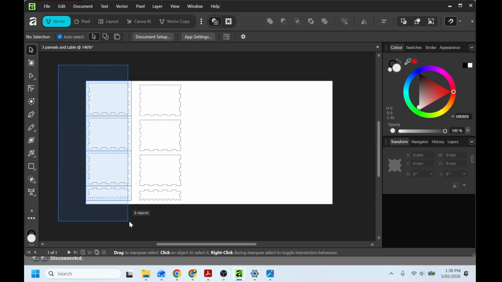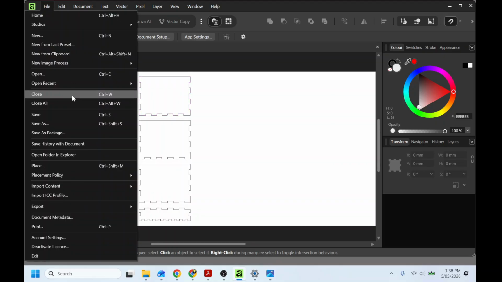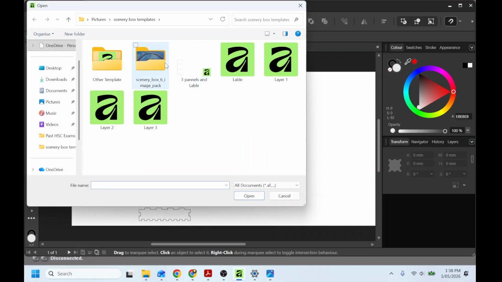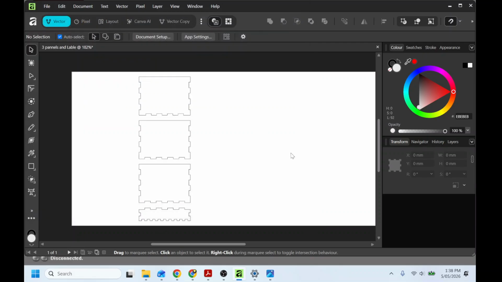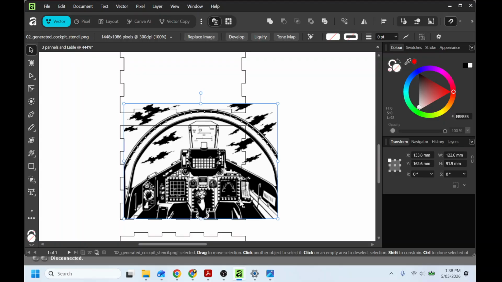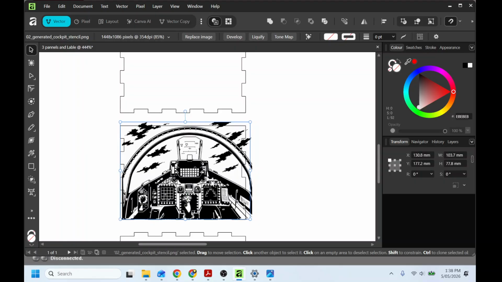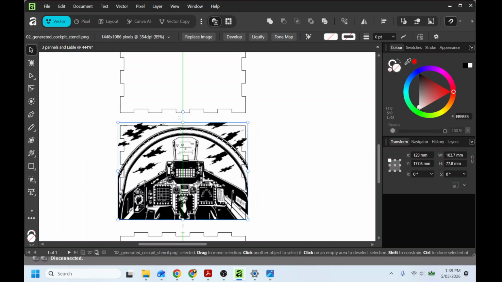All right. So I have my things over here, and I want to add in my, let's do the cockpit one. So I'm going to press the place. We have it over here. This one over here, because this is the most complicated one. And let's get the size correct. Let's say I want to maximize the size of this to fit inside the base. So I want it to look something like